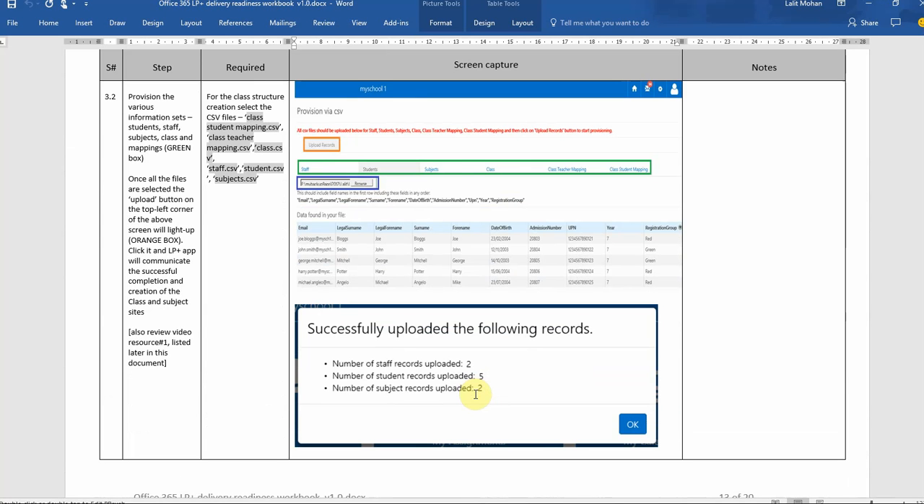You will see the screen, and I've also put the narration here very clearly. So read this narration once all the files are selected. So the first step is to go and upload